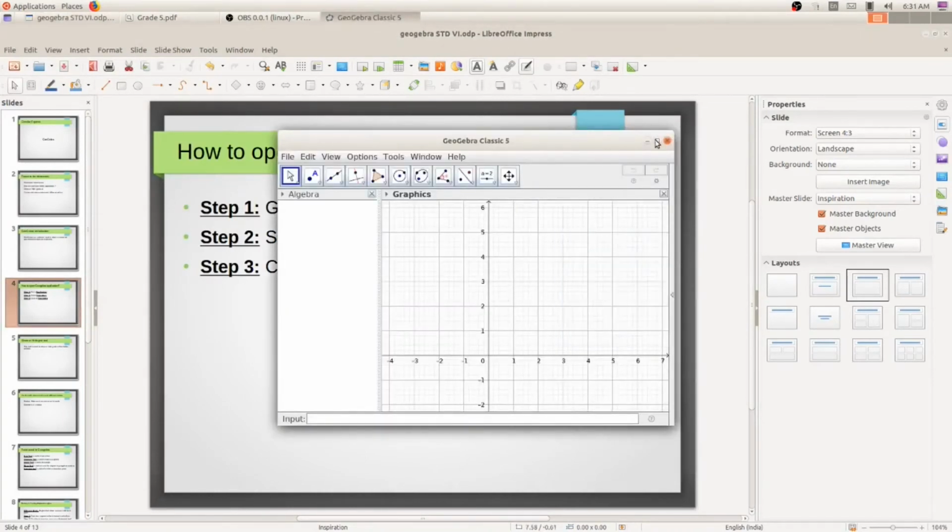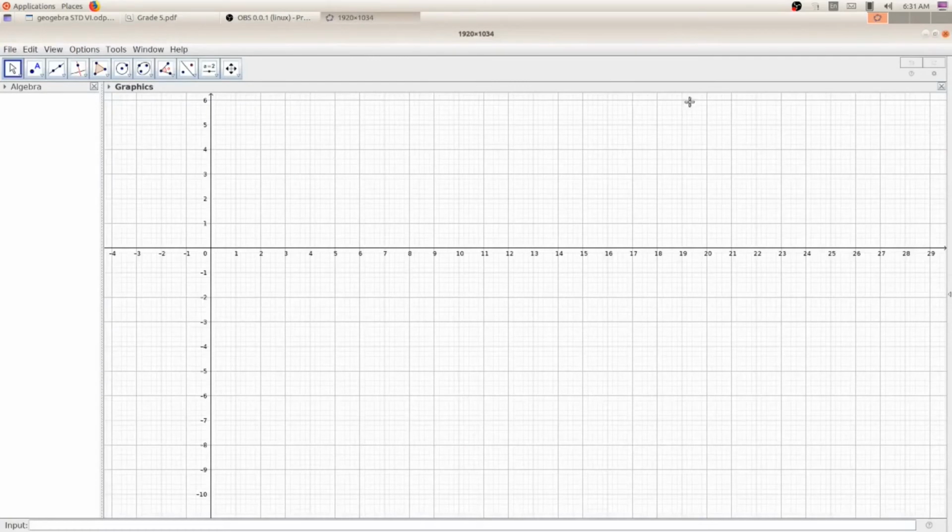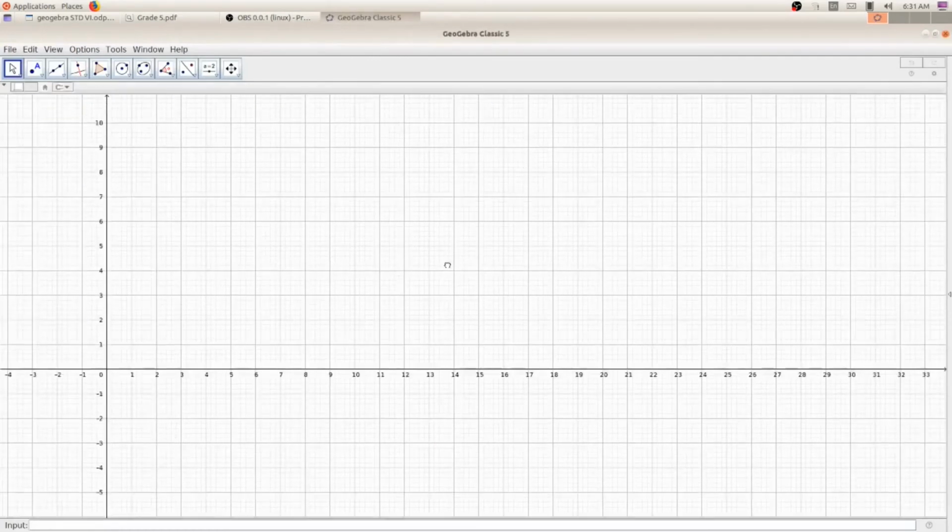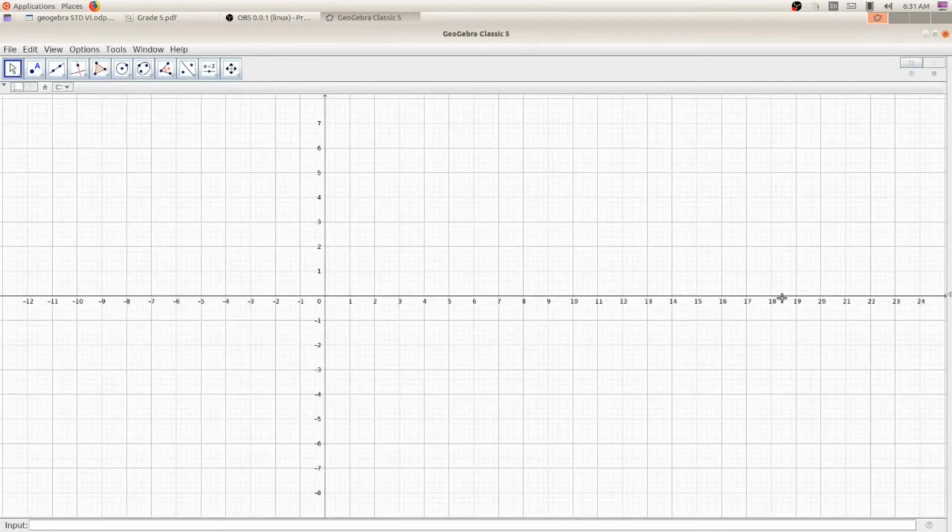So this is your GeoGebra window. You can see here lines horizontally and vertically. This whole page is known as GeoGebra window. Here at the top you can see so many tools. This is the toolbox.